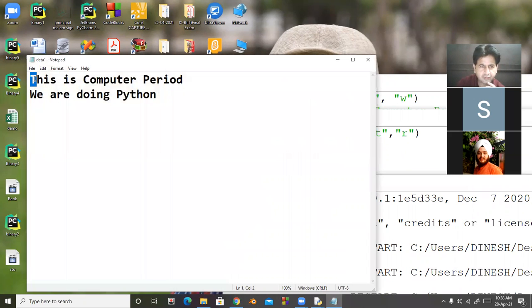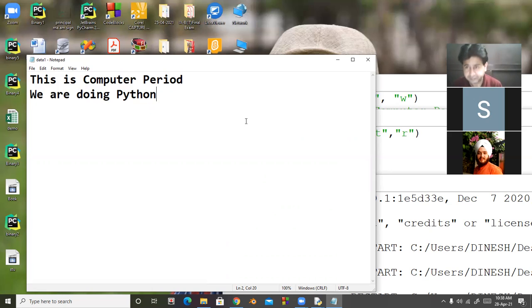Look here, 1, 2, 3, 4, 5, 6, 7, 8, 9, 10. So it shows the last cursor position because we read the complete file. Now the cursor is at the end of the file. So the tell function gives us the current location in the file.